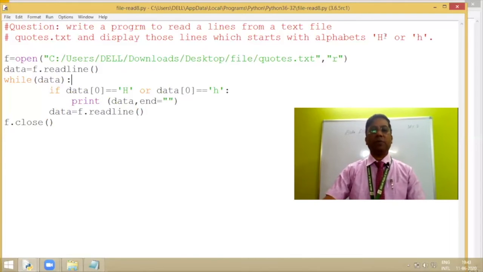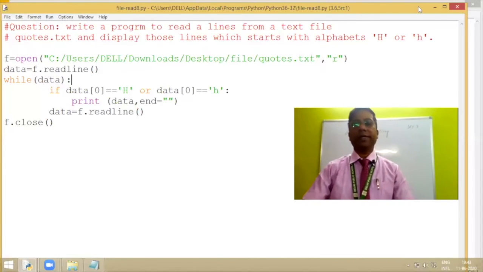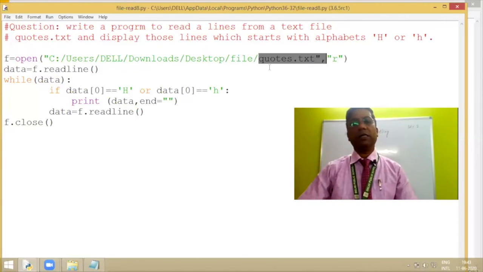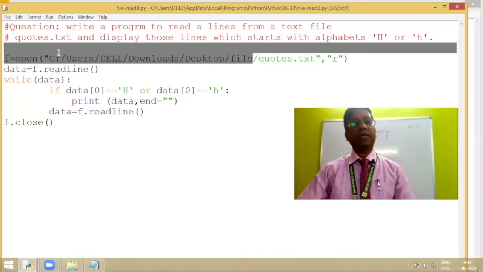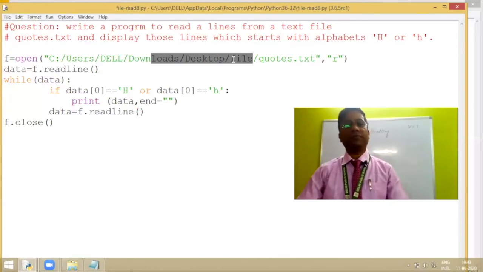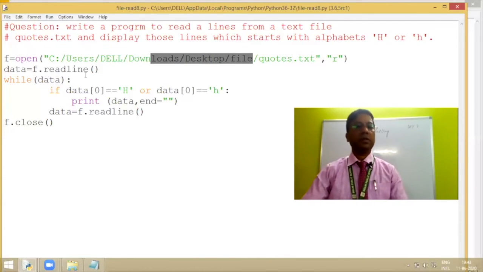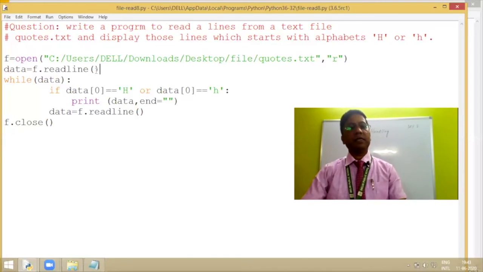Again, I've opened the file codes.txt in the read mode, and the file is located in my folder. So readline, the first time I'm calling it here, the first line will come into the variable data. Then while data, that is if the variable data has some value, this will be true.